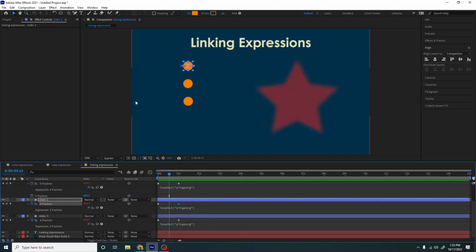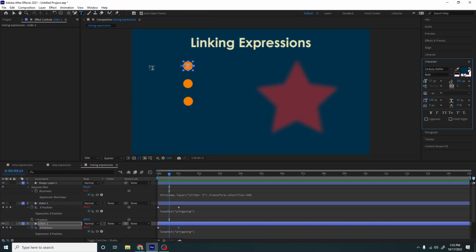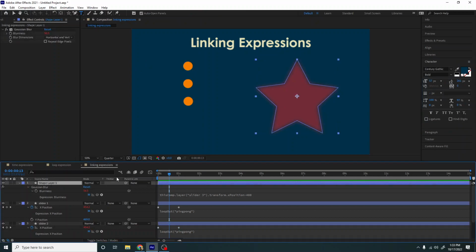And then let's label them as well. So I'm just going to put text over here. Let's get our text tool and just say, so this one right here, shape layer 1. I think it would be helpful if we were to change these to something. How about this? We'll just